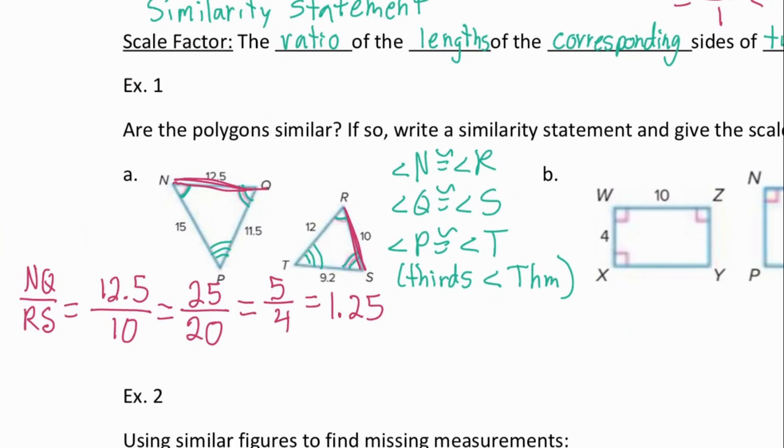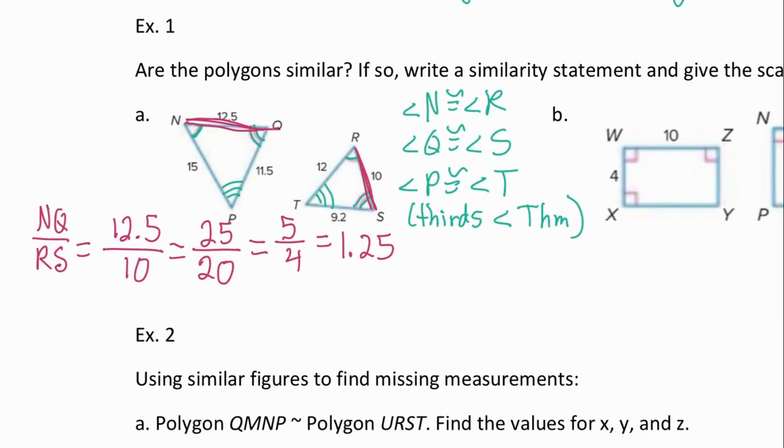So then we also need to test the other sides. So I need to do this side now: QP over ST. That's going to be 11.5 over 9.2. To simplify that bottom, we'd have to multiply by 5, and to simplify that numerator, we'd have to multiply by 2. So I'm just going to go ahead and multiply them both by 10 and see if we can then reduce from there. Multiplying both the numerator and the denominator by 10, just to get a little bit easier of a ratio to work with,